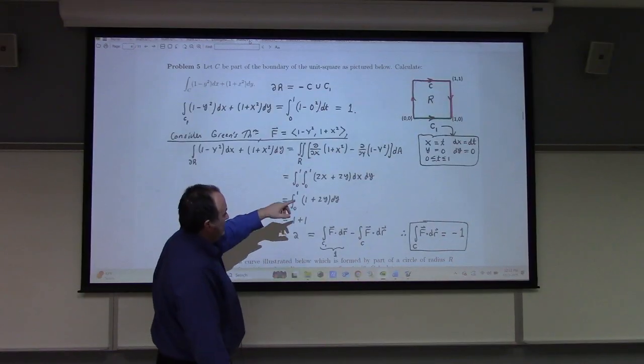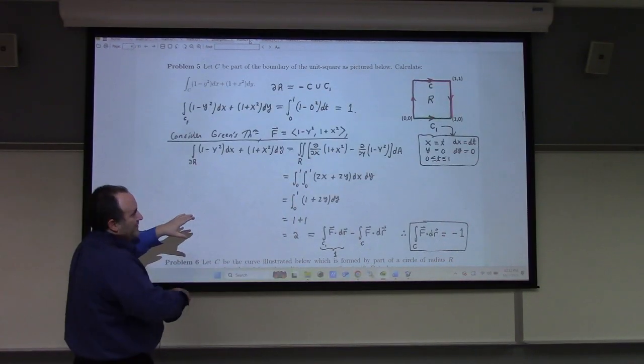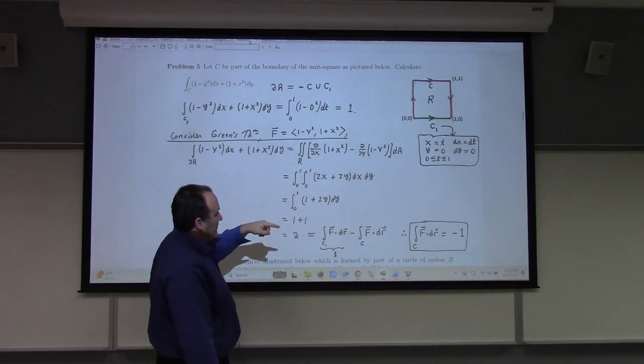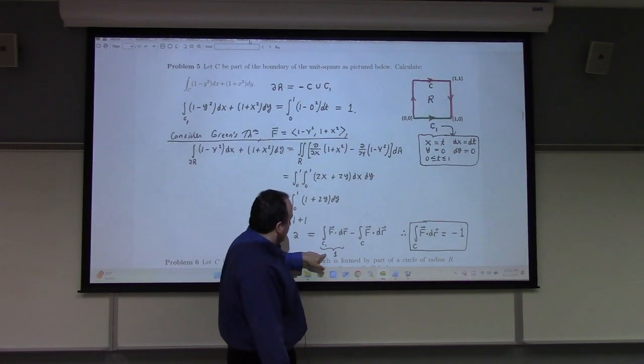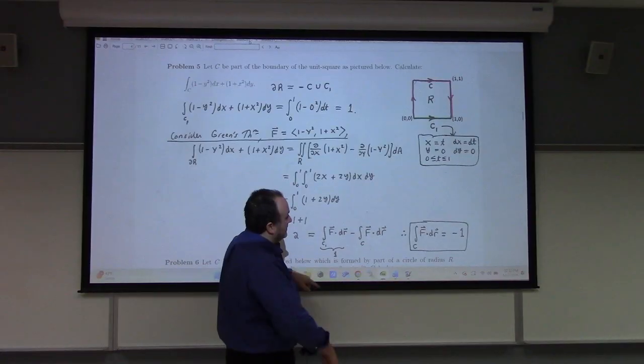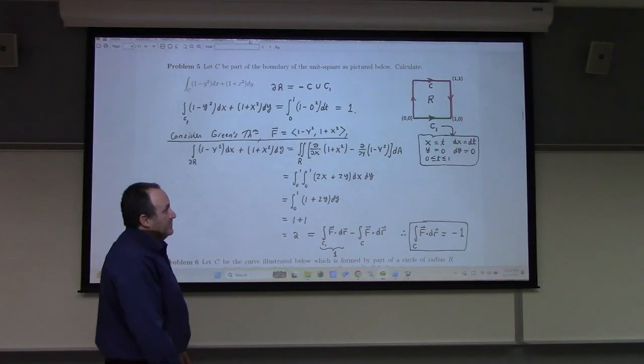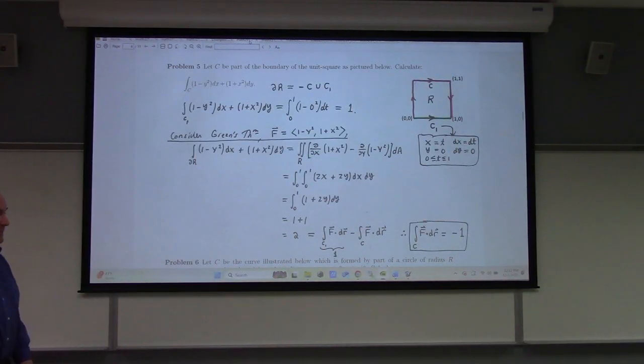But of course, that is the integral around the whole square, which includes both the c that we're interested in, but it's in the opposite order, so I have a minus, right? And also c1, which I've defined to be the path from 0, 0 to 1, 0. Any questions? Okay, so